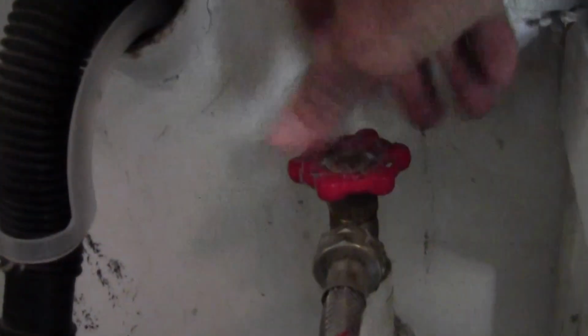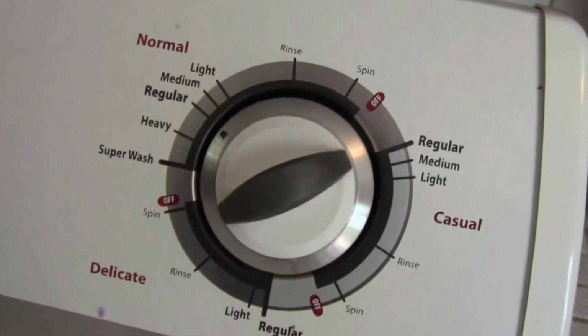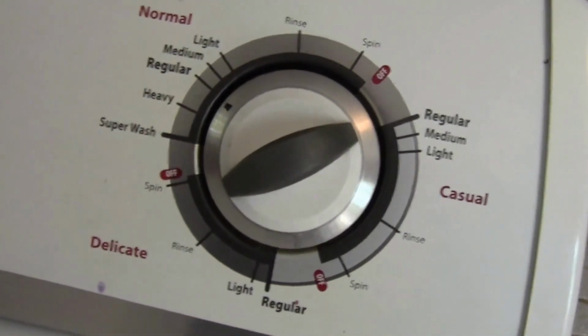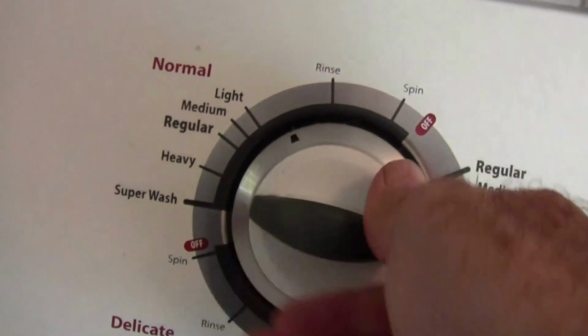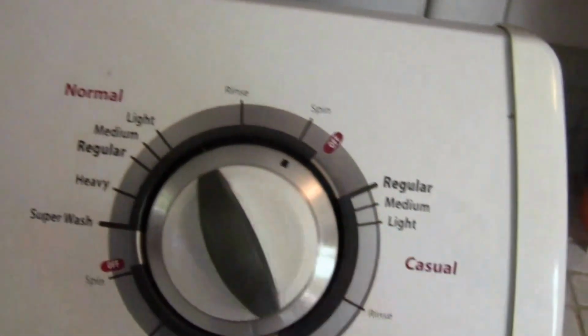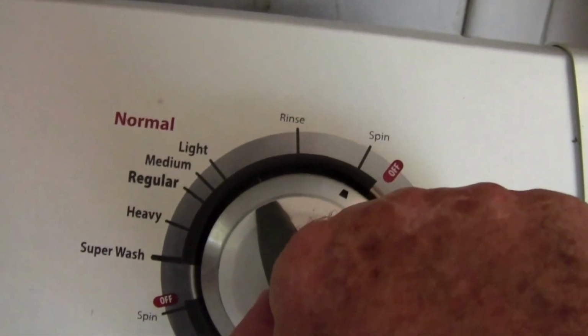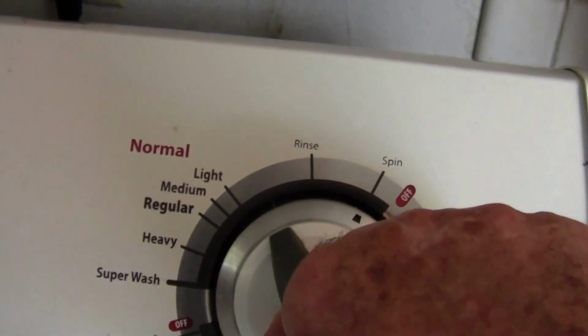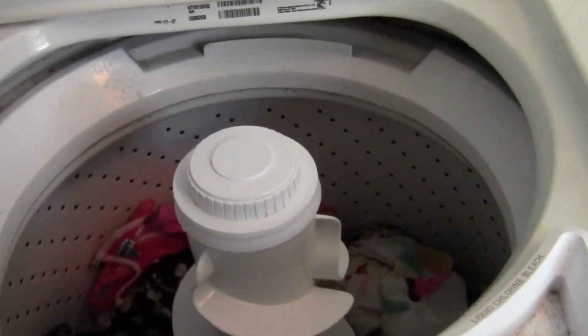Now we'll reconnect our water line. Place the drain hose, water back on. Okay, before there wasn't any action we could get out of this other than it just kind of hummed a little bit when we would turn it on, and that's because it was trying to run the pump motor. If you put it into a spin cycle, it would be trying to run that pump motor, and it couldn't because it was jammed up. But now we'll see if it'll suck that water out of there. That's good. I can hear it doing it now. If I open this door, it should shut that down. And it did, so